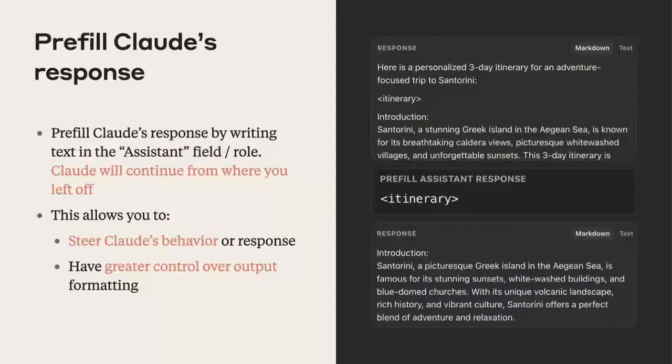You could just add that Claude needs to begin its output with a certain format. This could be, for example, an open square bracket, or even, in this case that we see in front of us, an XML tag for itinerary. In our case, it could also be that final verdict XML tag. And this is just a great way of shaping how Claude is supposed to respond without all the preamble